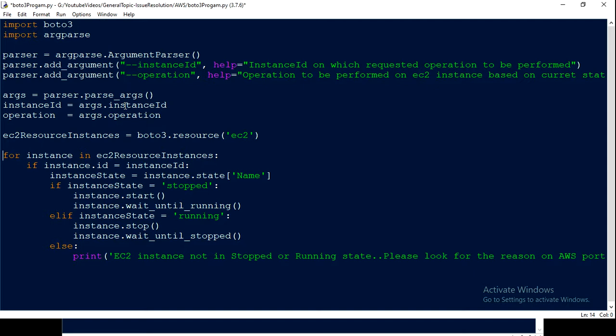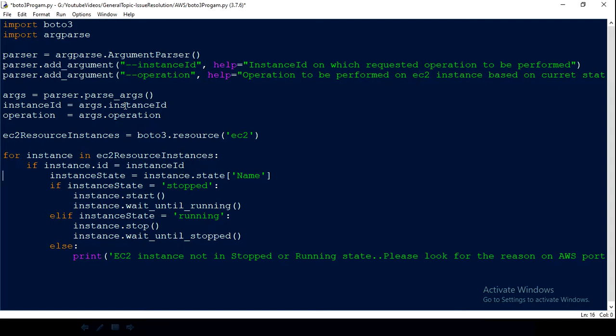Now for the instance ID, if the instance state is stopped, then okay, it's checking. But what I want is, let's say the user is asking that we need to start the machine, but that machine is already in a running state, so that is not needed, right? So based on the operation, let's say they are passing start, what we have to do is first match this instance ID, and then what we can do is,